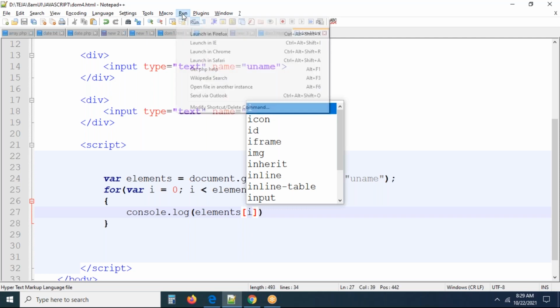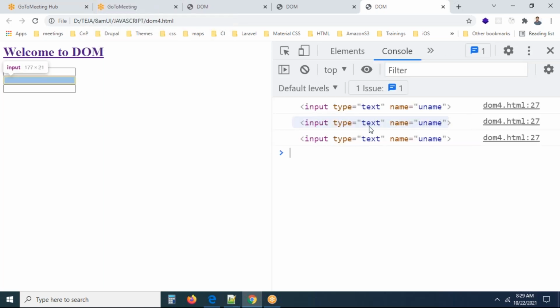If you run the file, onload of the page, in the console you can get all the input form fields. Now are you getting? Yeah, you're getting all three input form fields now. Why are you getting all three input form fields? There is an input form field with a name called uname. All the three fields are having the same name. Generally we cannot provide the same name for every input form field. That is not the standard actually, but I'm just showing you how to identify an element by